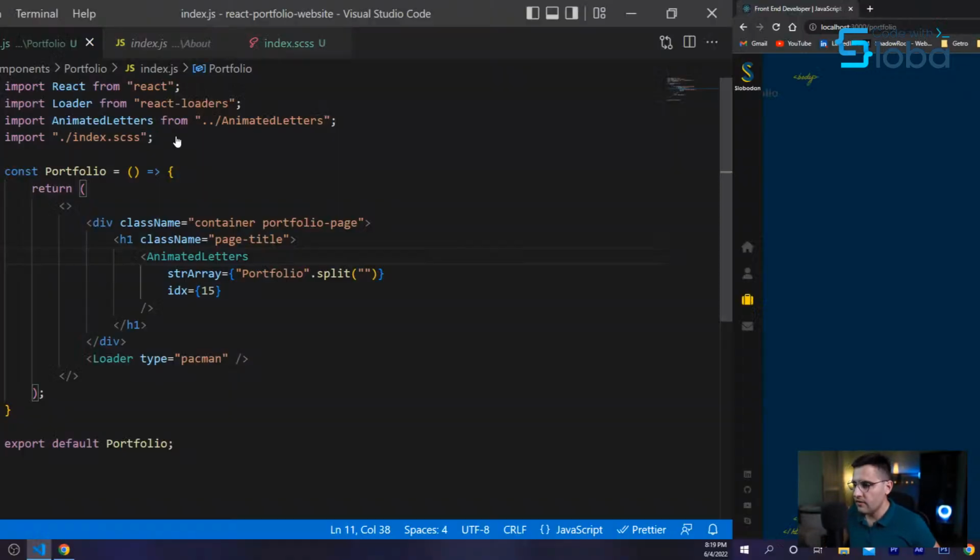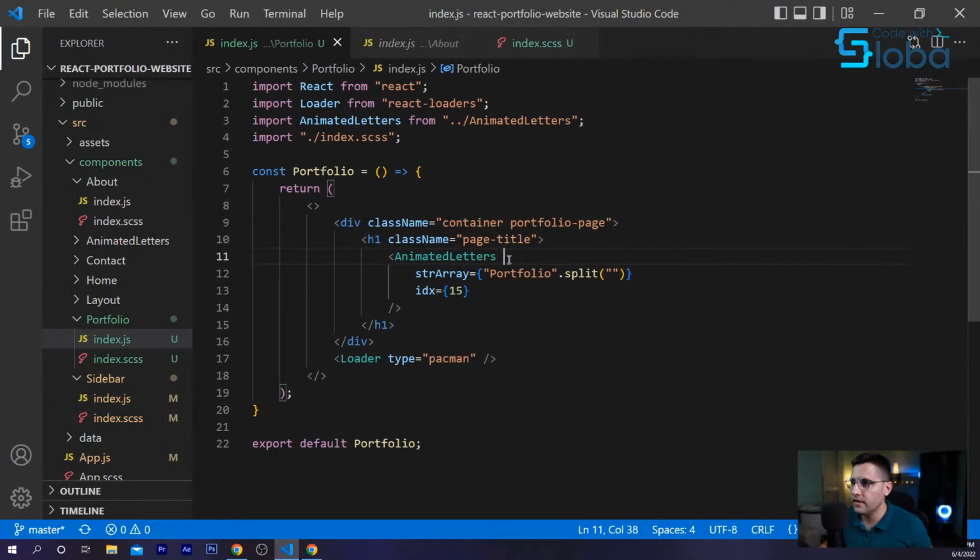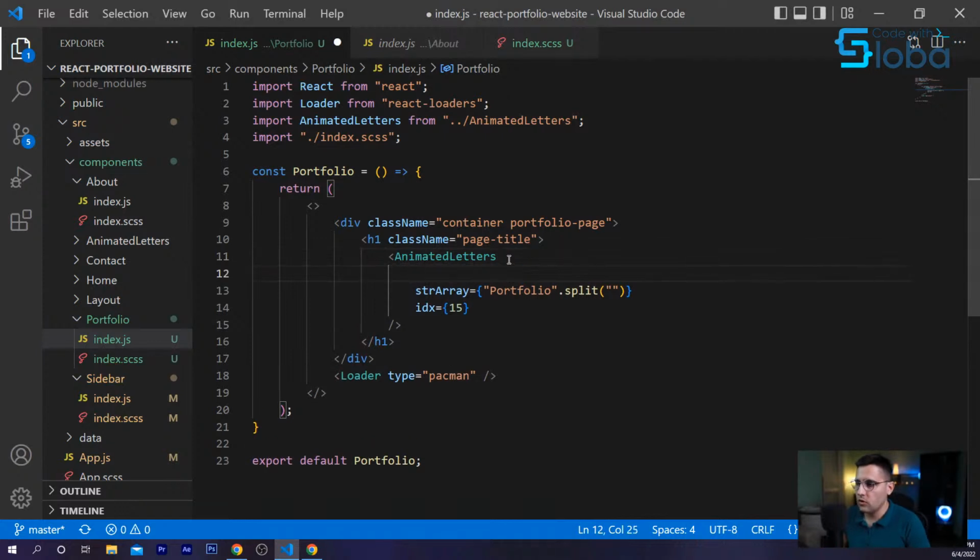Yes, and one thing I forgot. So here, actually, we need to add another property, which is called letter class. And with letter class, we're adding basically classes for animation because we are using anime.css for animating almost everything on this website. And how we want to create this, we want to update this class. So like I said, initially we are loading the letters to pop up, and after that we are applying that hover effect as a rubber band. So we want to apply two classes.